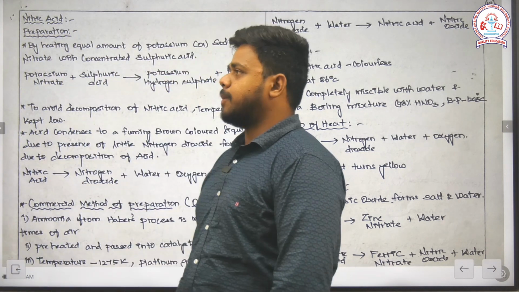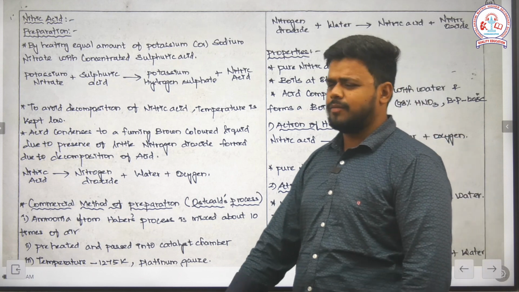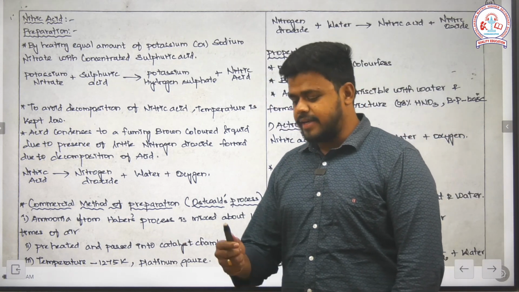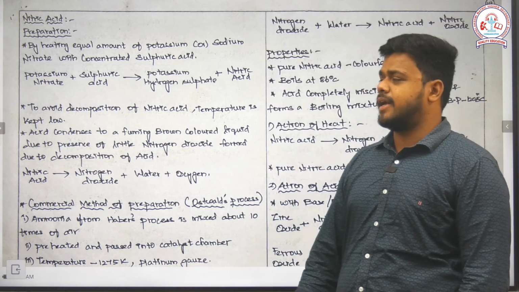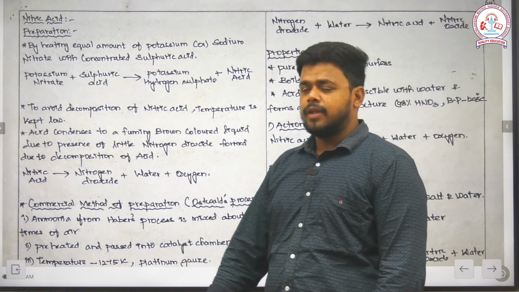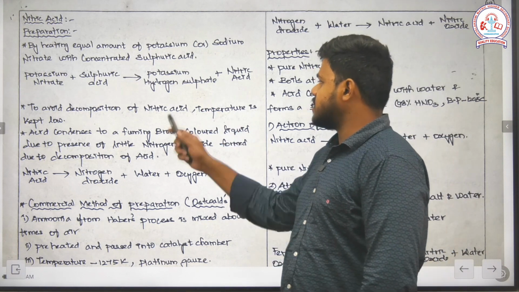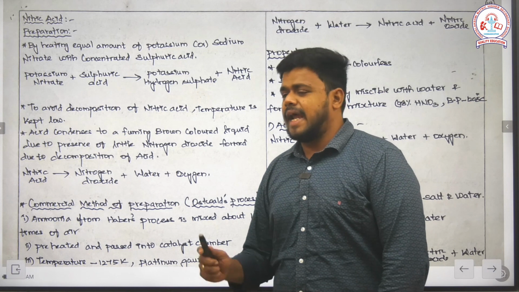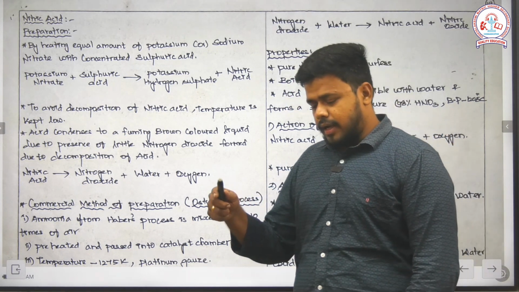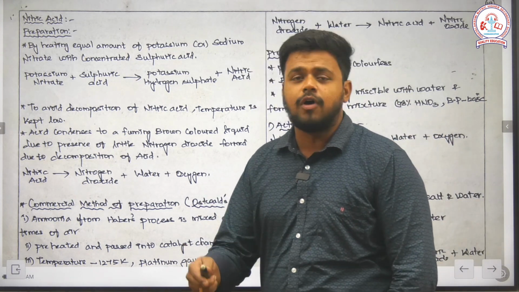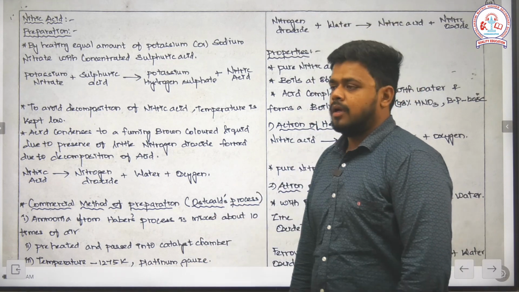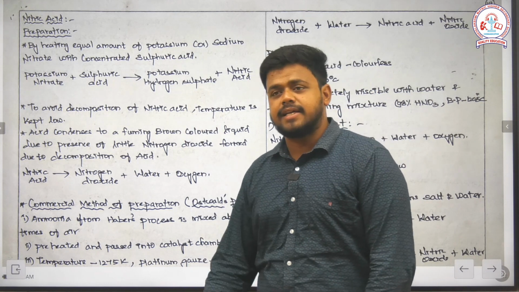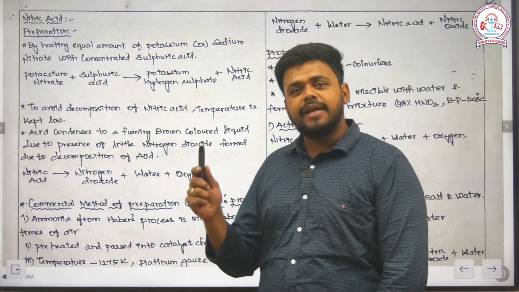There are various methods of preparation, out of which some have been given in our syllabus. The preparation includes treating potassium nitrate or sodium nitrate with sulfuric acid. The resultant product is potassium hydrogen sulfate, followed by the main product, nitric acid. Nitric acid has an ability to decompose to form nitrogen dioxide. So in order to prevent the decomposition of nitric acid, the temperature has to be maintained as low as